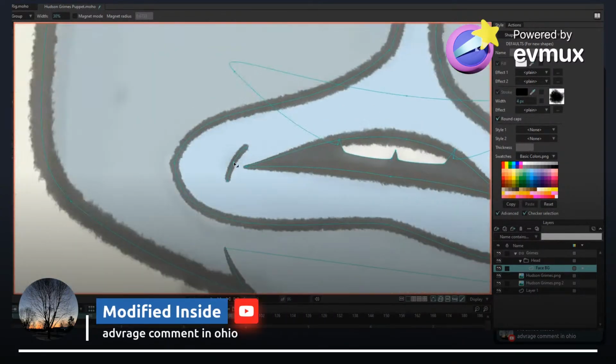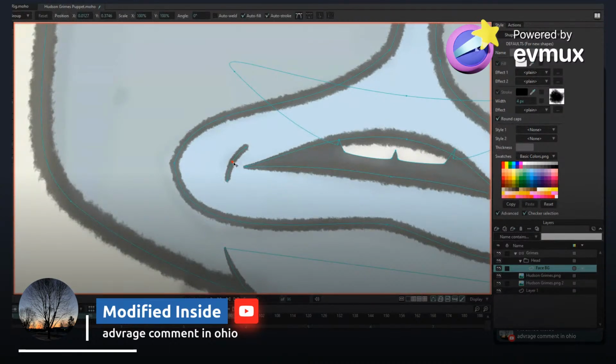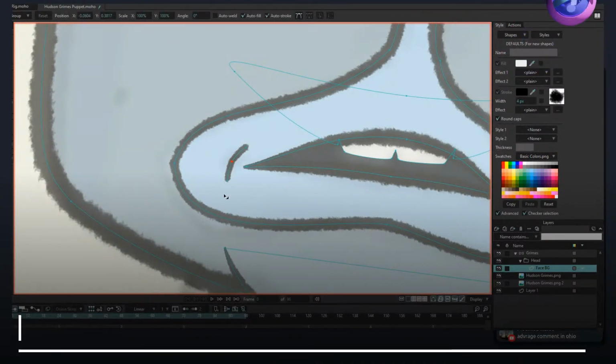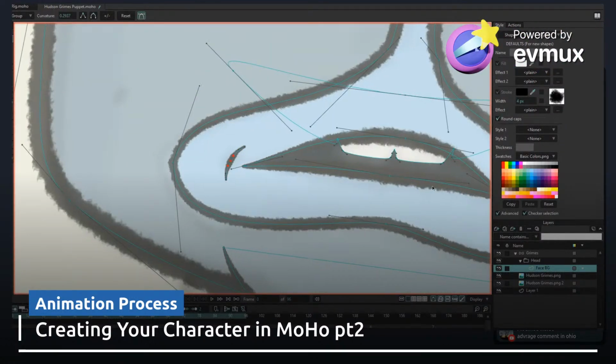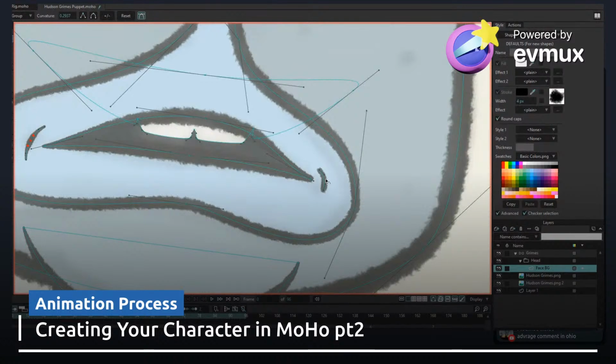So if I add one in the middle, get the curve I want, and then I can adjust this point and adjust these curves out, and voila. So here, at the point,